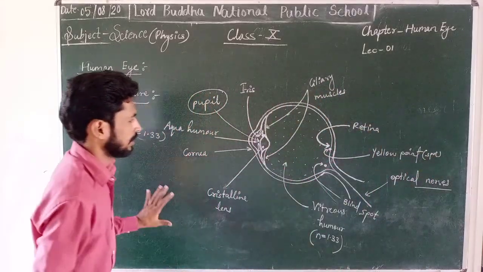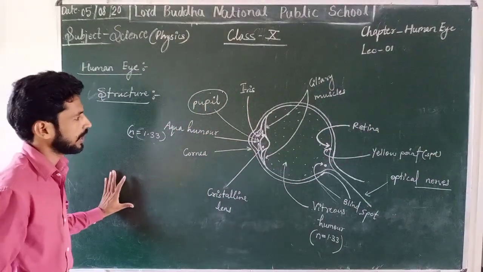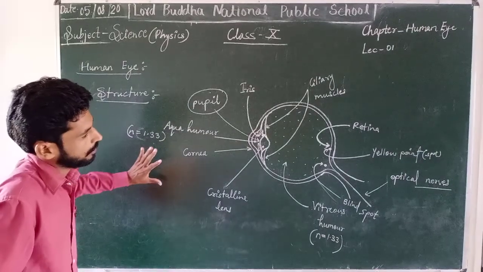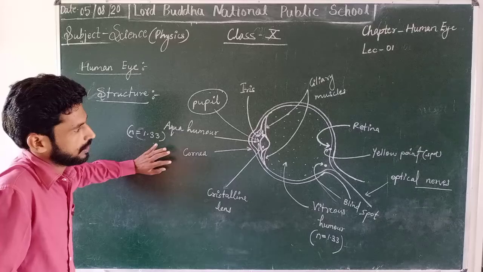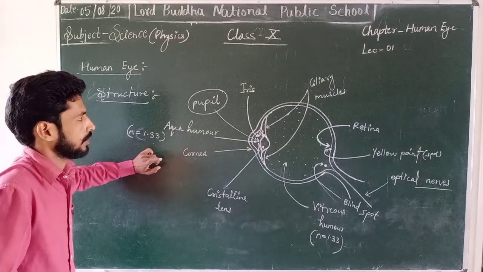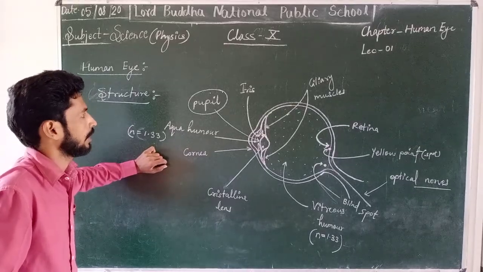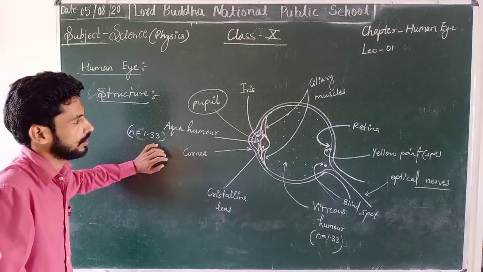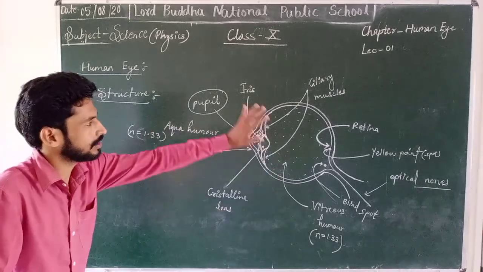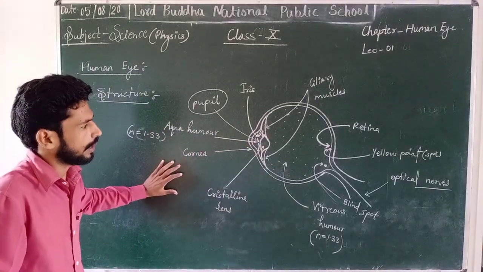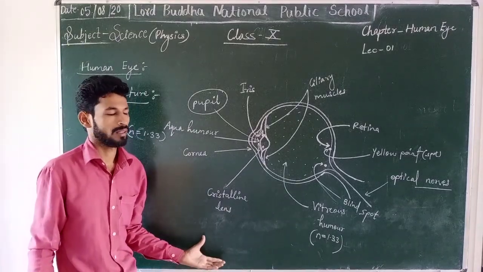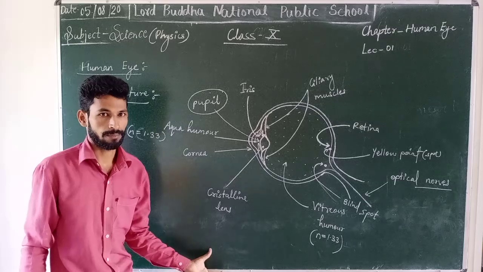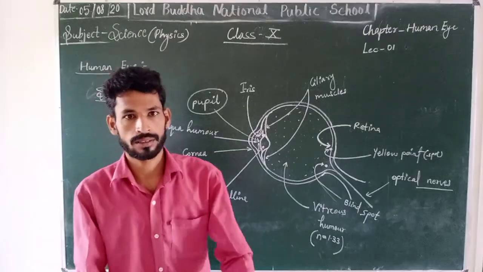So in total, this is the structure of the human eye, and write the definitions of all these points in your notebook। and next video lecture में हम लोग start करेंगे आई साइट, that is the defect of eye। so आज का वीडियो लेक्चर बस इतना ही। थैंक यू।